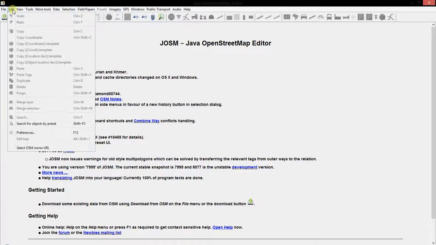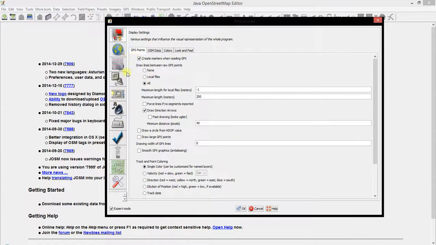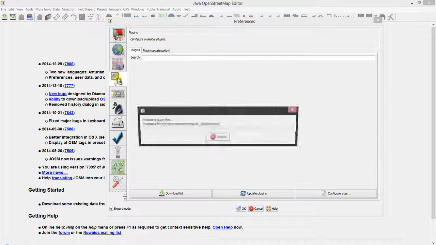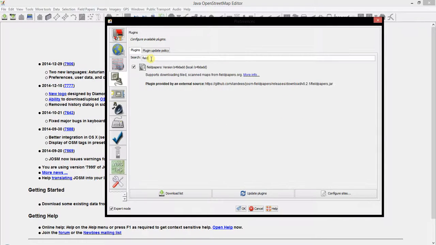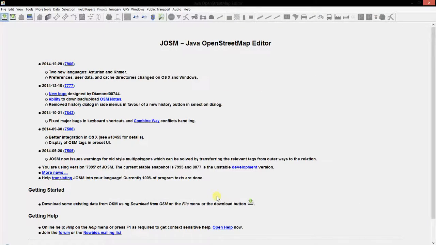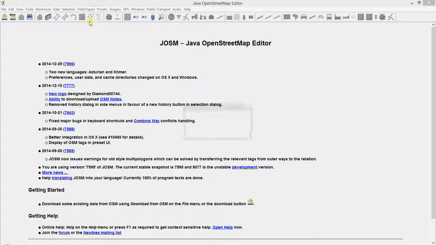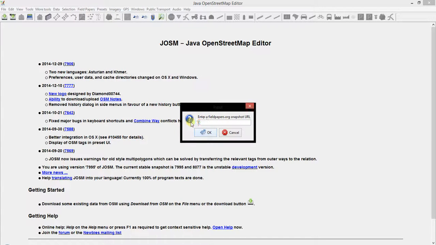So how you do that is you go to Edit, Preferences, go to your plugins down here, and just very quickly type in field and you'll get Field Papers. So tick that box and tick Update Plugins. Once you do, it'll ask you to restart JOSM. Once you restart JOSM, you click here, Field Papers Scanned Map, and a little box will open up, and what you do